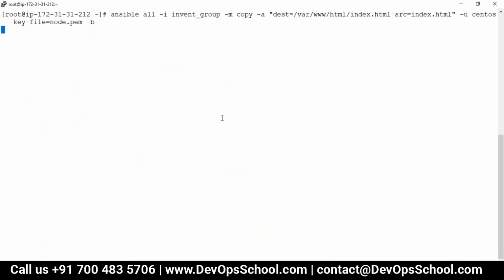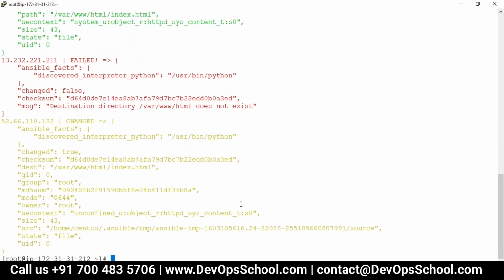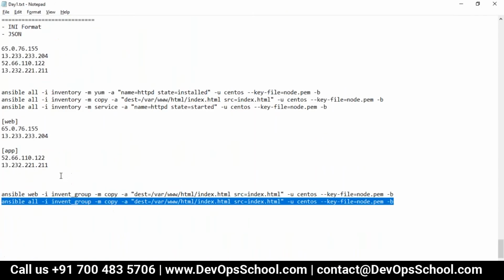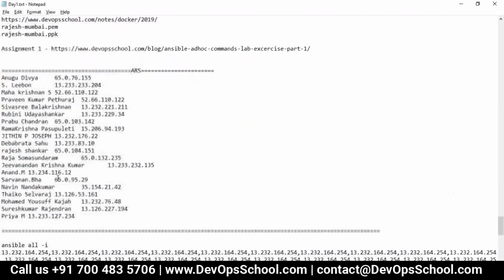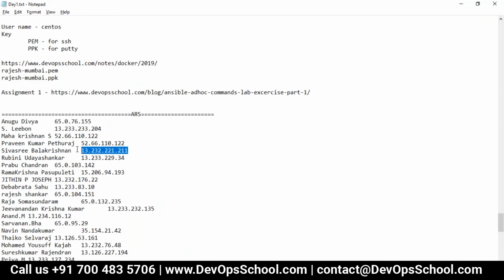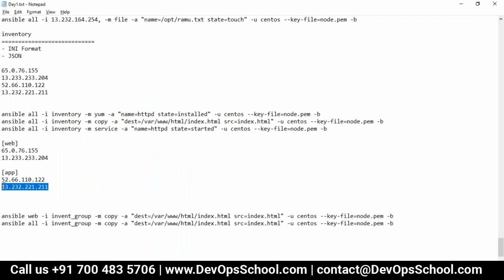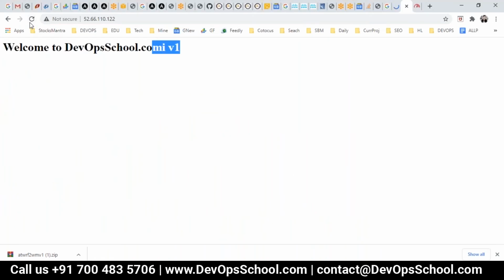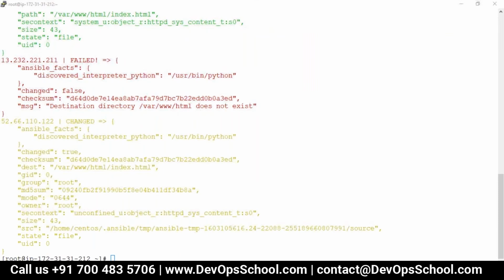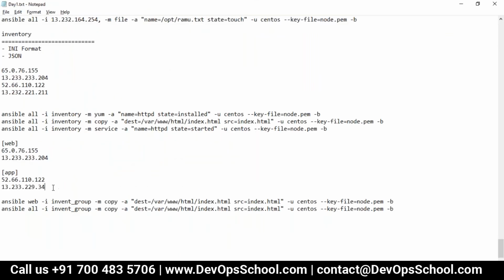And now I did this. By the way, there's one IP address which is not correct, I think. Which one? 211. Okay, this is not correct. I don't know why this is not correct. I will use a different IP address for the time being. Okay, so now this is the thing. So here it's gone, and can I refresh? V2. So guys, this is the way you can work with a group.